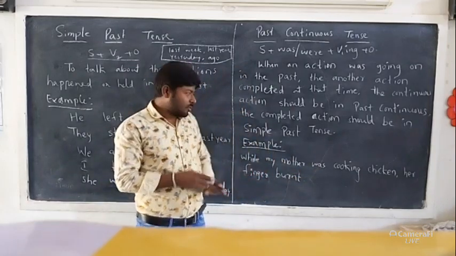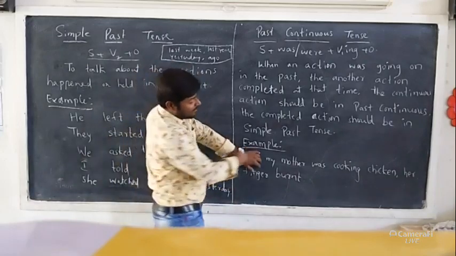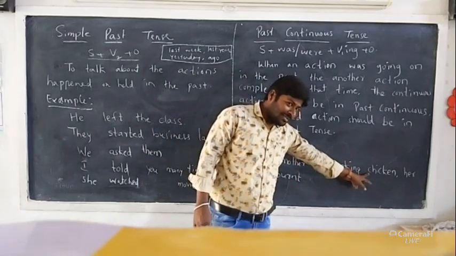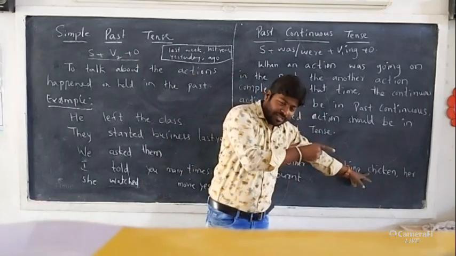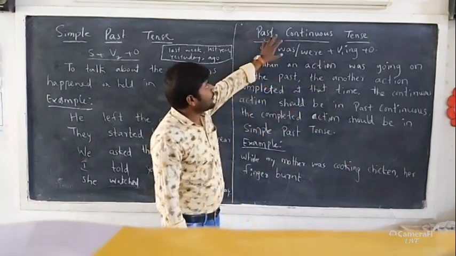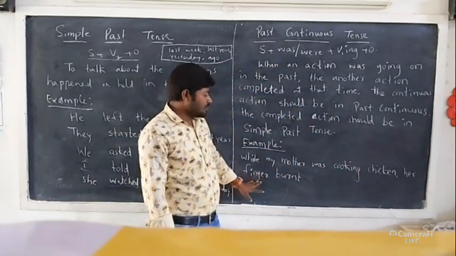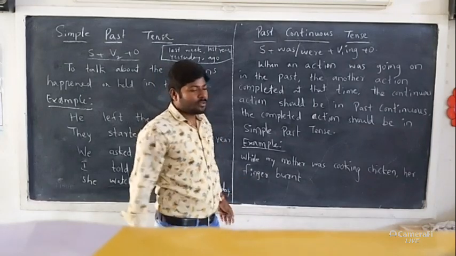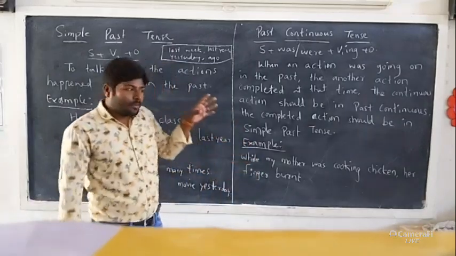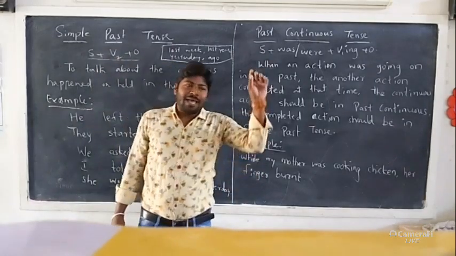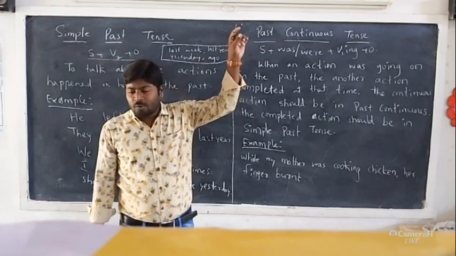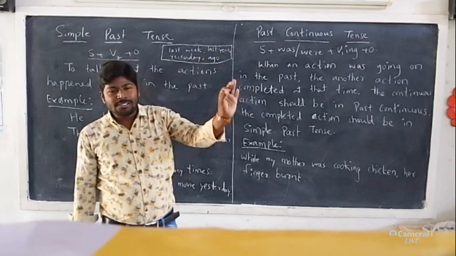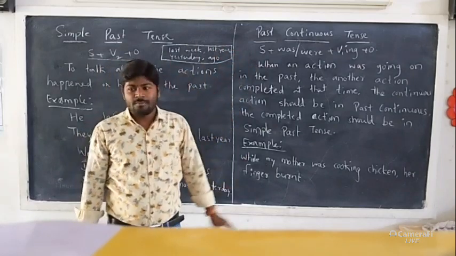That is completed. So, in the same way, when we have two actions, one action was going on in the past, the continuous action should be in the past continuous. The other action should be in the simple past tense. Most of the students know that to talk about past actions in a continuous sense, we use past continuous tense. For suppose,